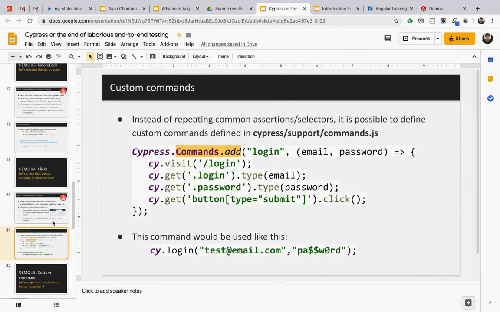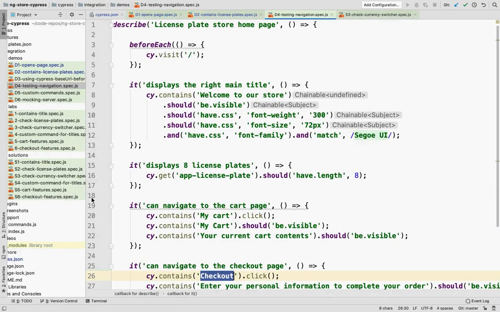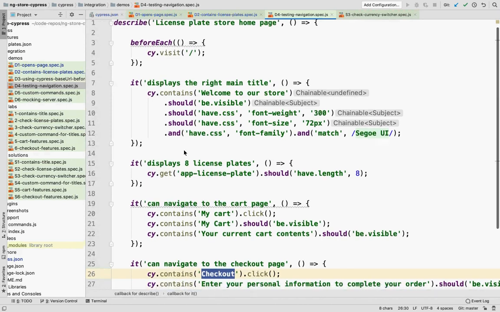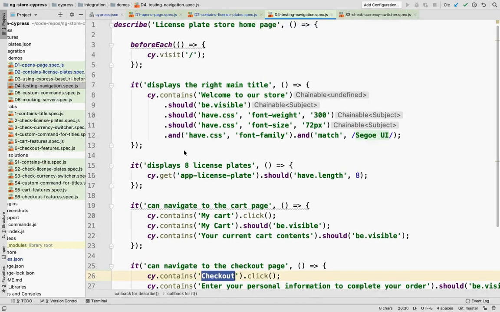I noticed your tests have the same .spec.js extension. Is that the same with the Angular test, or is that just a convention? That's just the convention that they were using a lot in JavaScript for tests, yeah. So Angular was TS for TypeScript, and this is JS for JavaScript. You could also use TypeScript with this, by the way, if you wanted to. The spec part is the same, even though the tests are quite different. The spec whatever is usually the convention. Exactly, yeah.